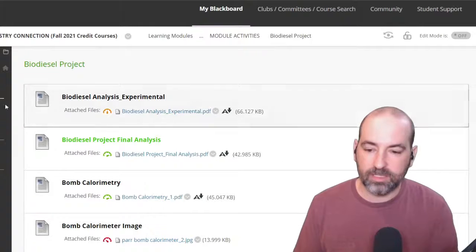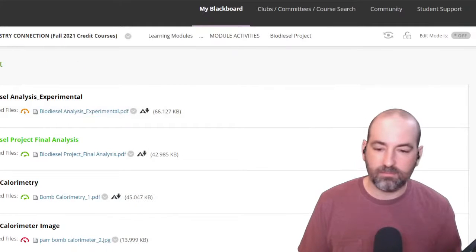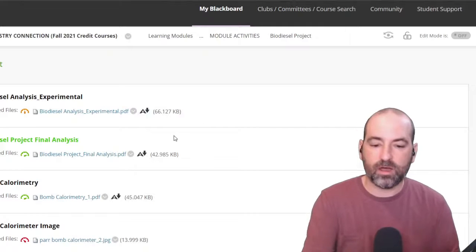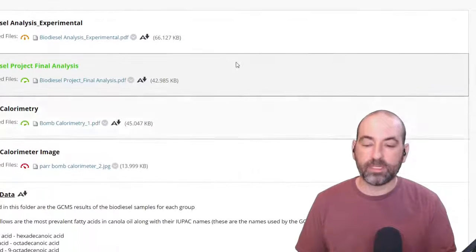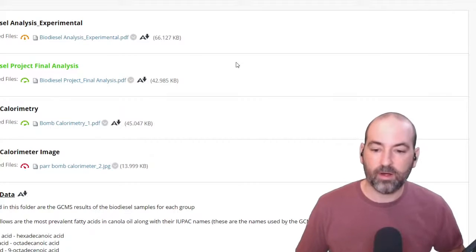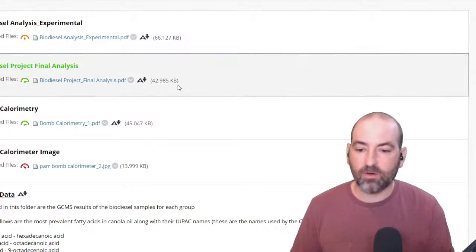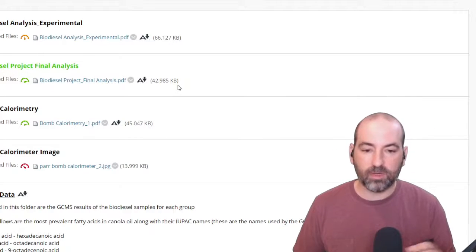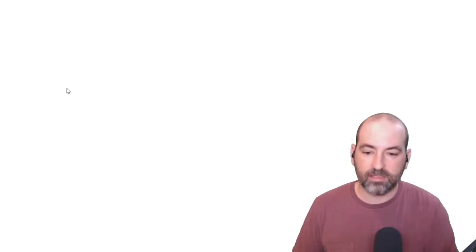So the biodiesel project, as we have talked about, is a several weeks long project that we are basically finishing up this week and next week, at least for the lab part. Then you'll have a little bit more time to complete the rest of the project. So the actual final project is this document right here that says Biodiesel Project Final Analysis. So if we pull that up,